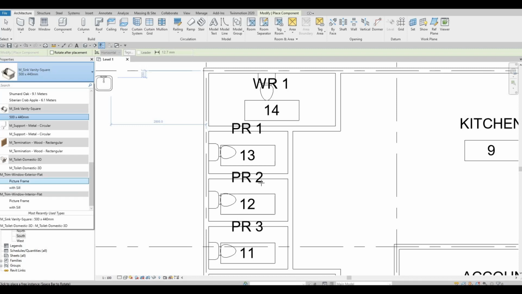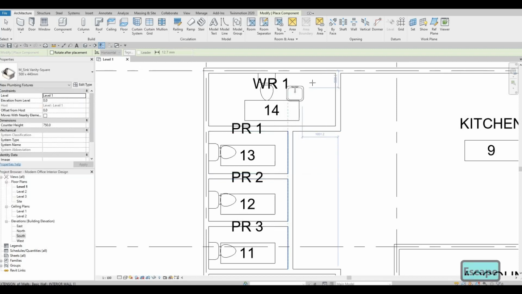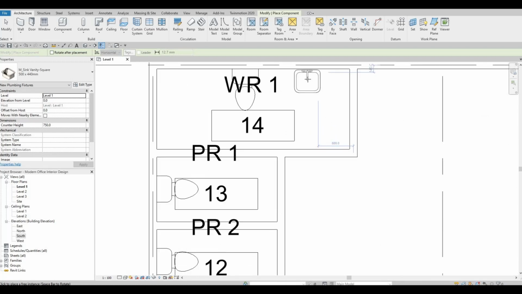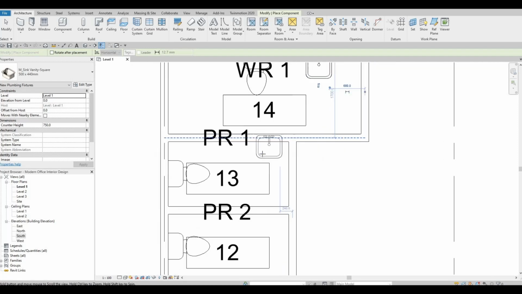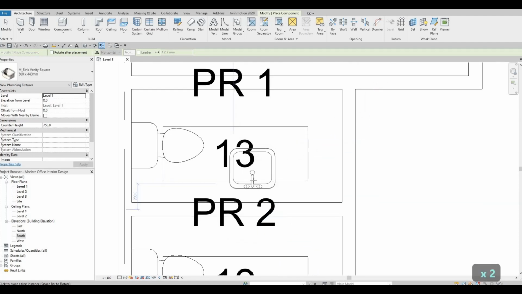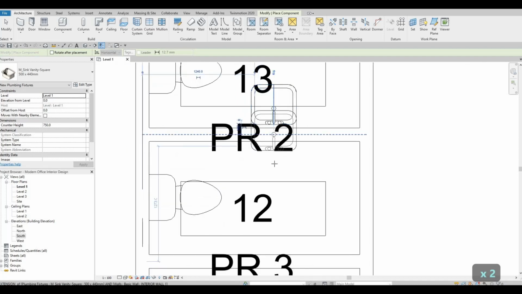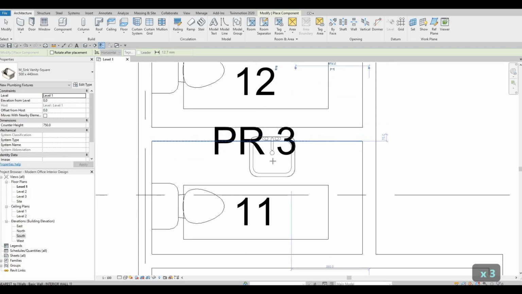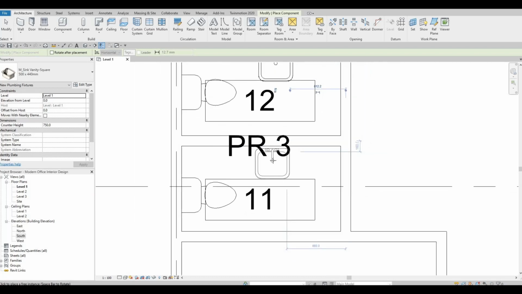So that's why I load each one individually so that it's easier for me to select and then add it into my drawing. So it's a good idea to just do one at a time so that it's not confusing and it's not hard to look for your component. So I'm going to add those ones right here,